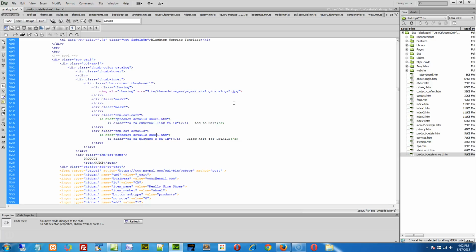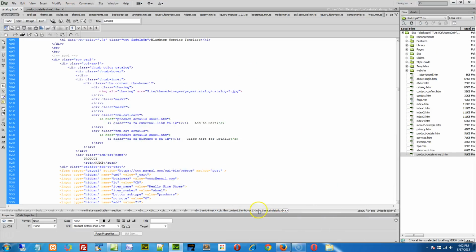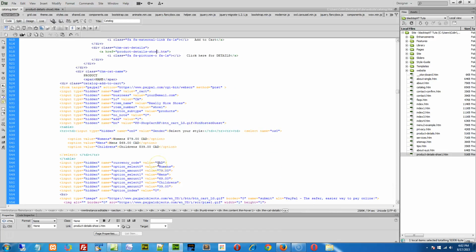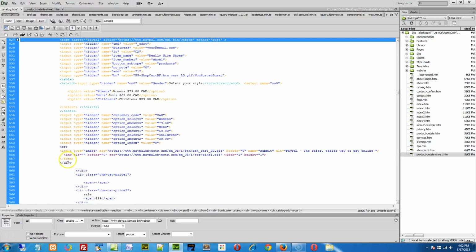So that takes care of the pictures. It takes care of the add to cart or the click for details. It takes care of the pricing. But what about this add to cart, this PayPal button? Like I said, in another video, I have information that talks about creating your own PayPal buttons and modifying the PayPal buttons and whatnot. But this is the form target of PayPal right here, and this is what you're going to be replacing. So basically where it says form target of PayPal, all the way down to the closing